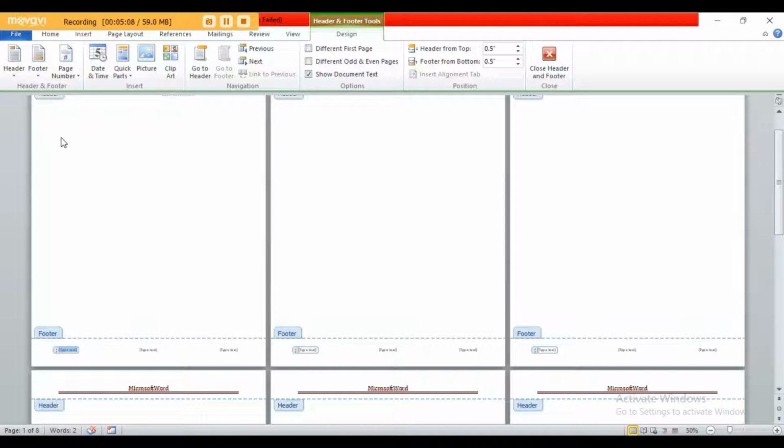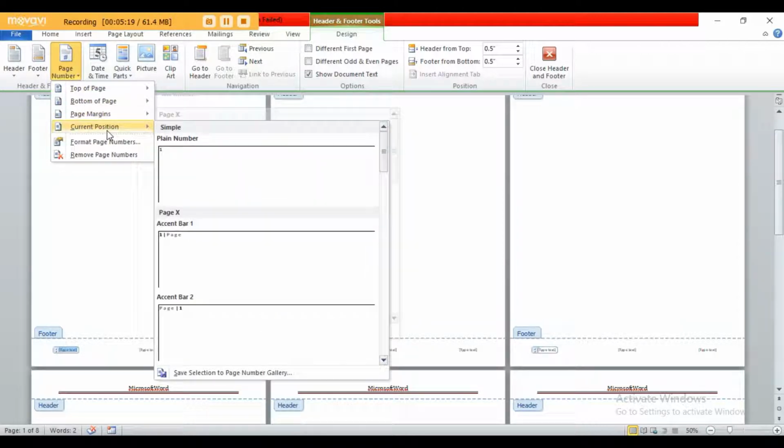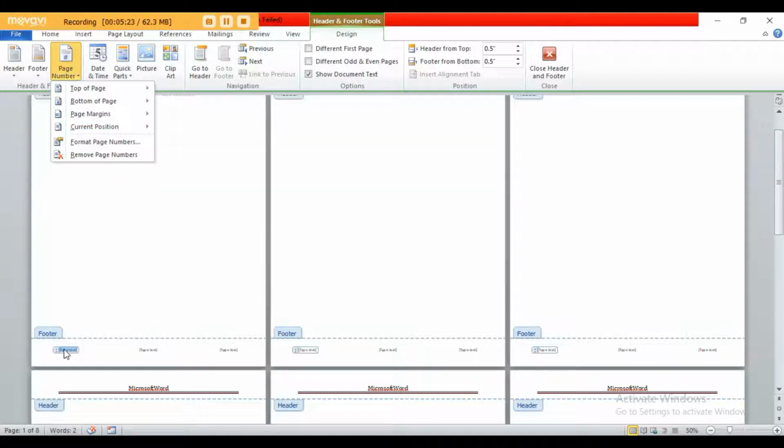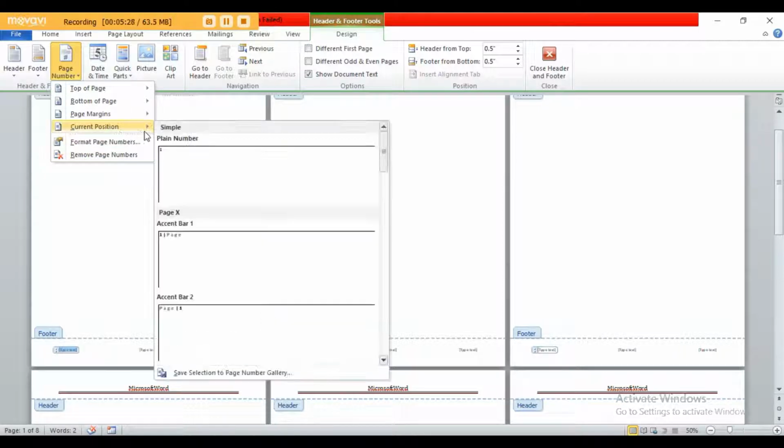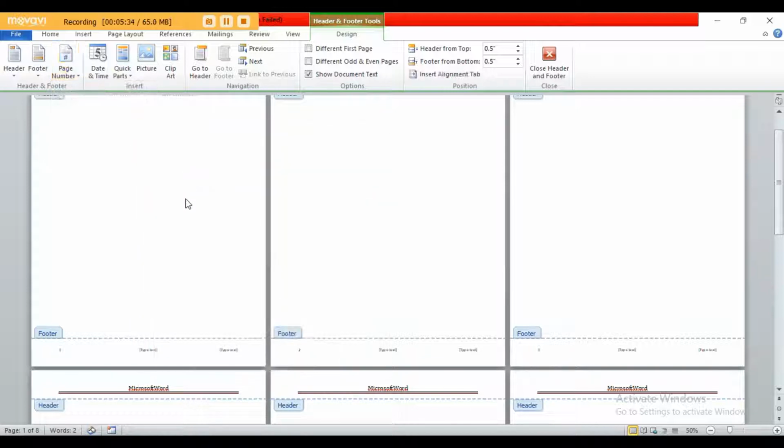You can see the page number over here. To apply the page number, you have to go through the Design tab. Here the page number option is here, and you just select Current Position. That means where you have selected, I have selected here in this area. You just select Current Position and click Page 1 or Page One, any one option. I just click on one. Here one is applied.